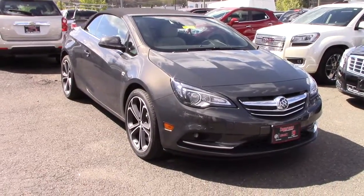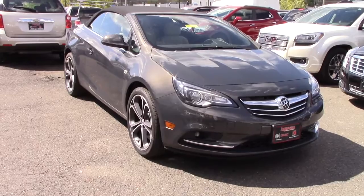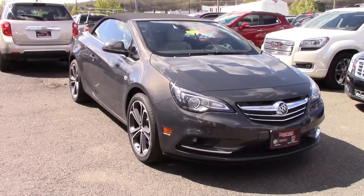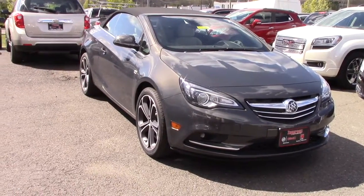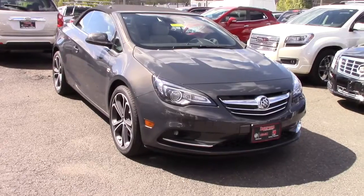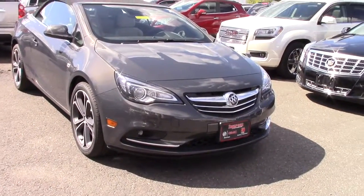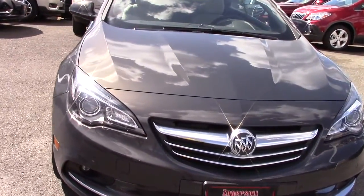Okay, so we could go ahead and finish up with some pricing details. The base model Cascada, called the 1SV, like I said earlier, starts at only $33,990 and has a long list of standard features. But the premium model, like we see here, starts at $36,990, while this particular 2016 Buick Cascada Premium with destination and options stickers for